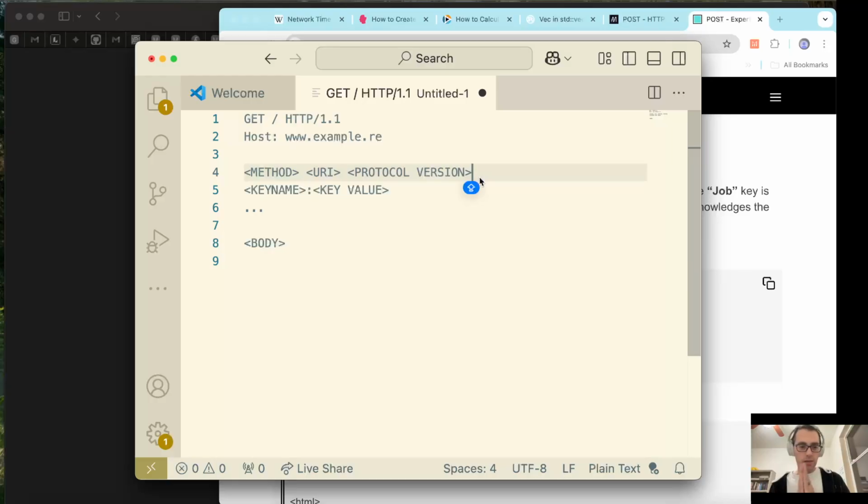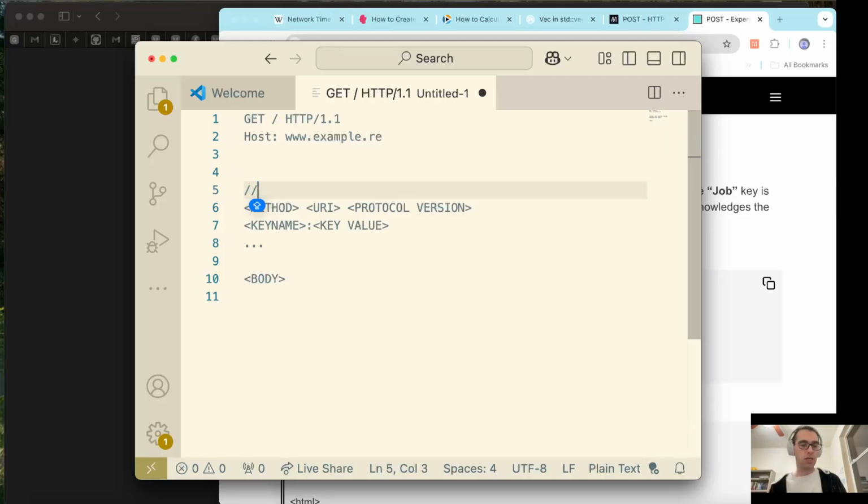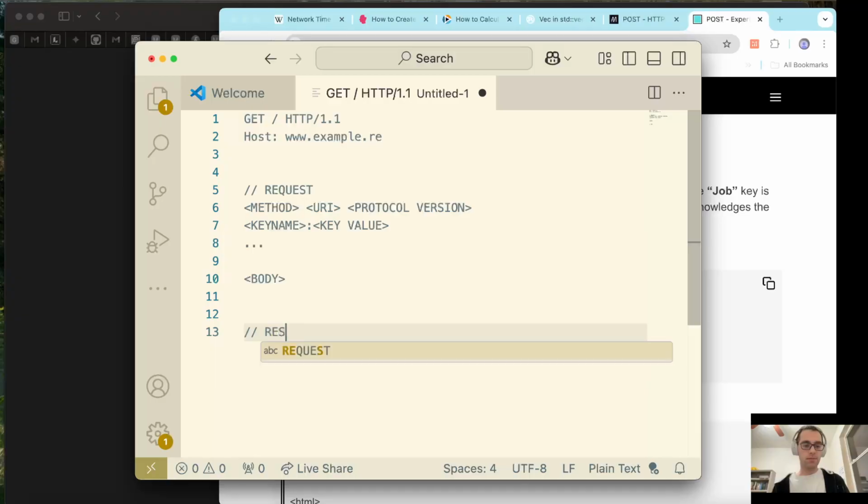So the basic structure of an HTTP request and response is this. We have, well, at least for the request. You may have noticed if you were watching the previous video that I made a mistake when I was responding on the command line. So the request has method, URI, protocol version, any keys, a blank line, and then the body. And then when we're making a response,